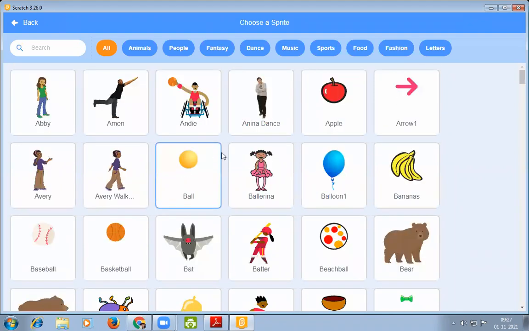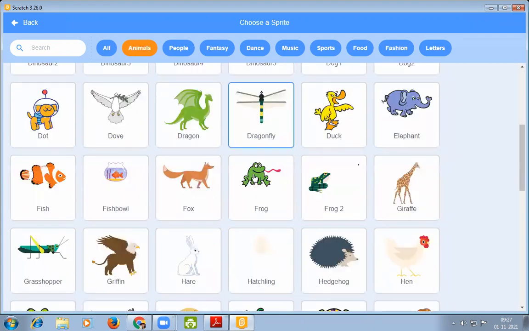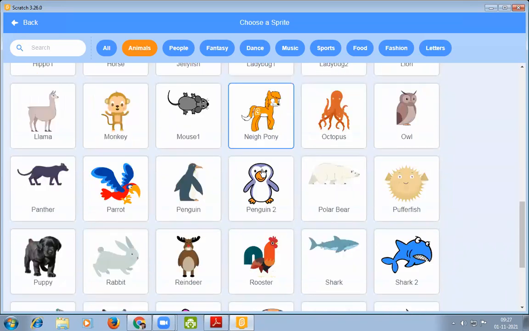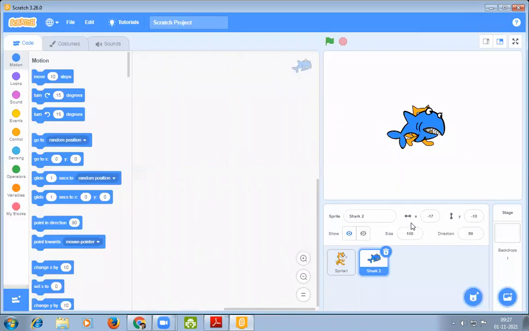We have to choose animal. So here, you can click on animals. Look at here. Here are all the animals present. Now, as we are dealing in a water-based area, that's why we have to select fish. The shark is there. You have to click on shark.